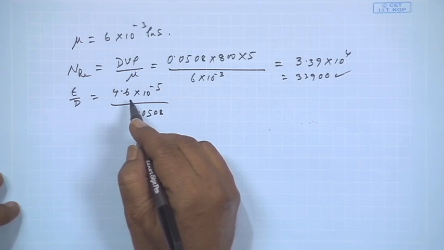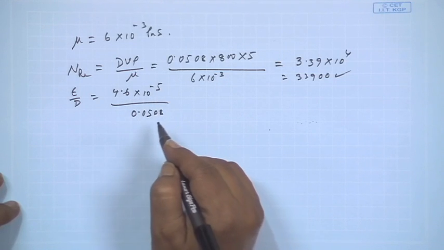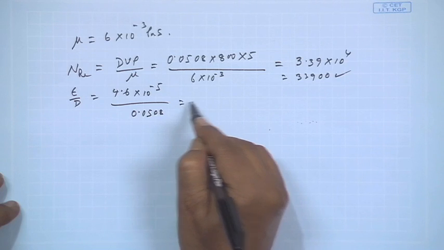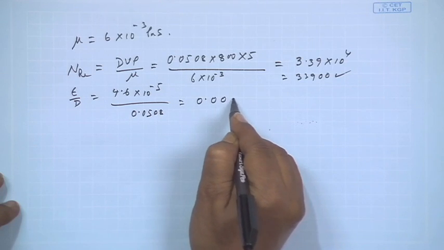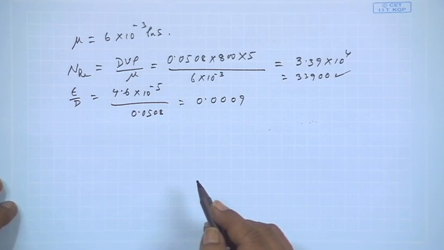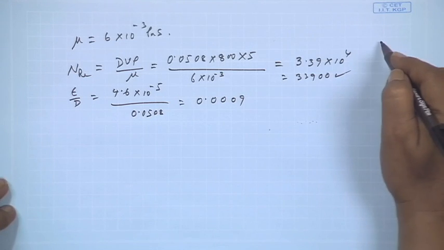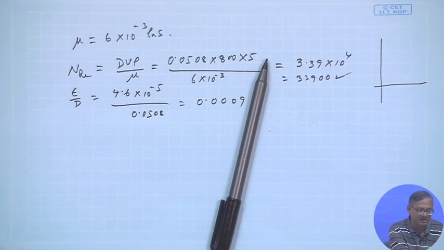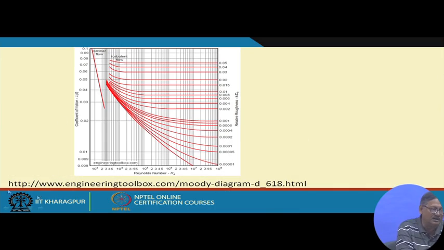So, epsilon was given as 4.6 × 10^-5 meter, and D is 0.0508. So epsilon by D is equal to 0.000309, right. And if we now look at the Moody's chart, which we had shown you earlier,